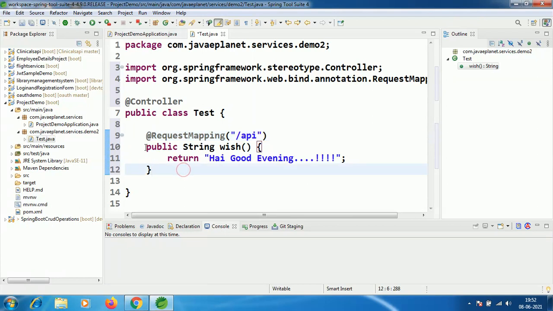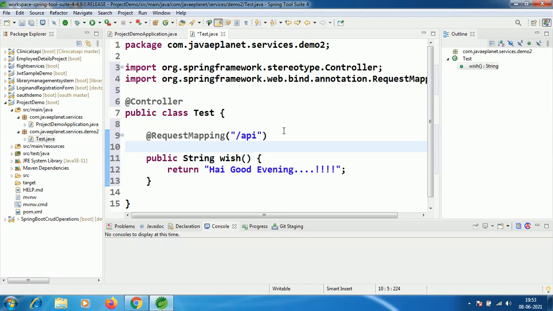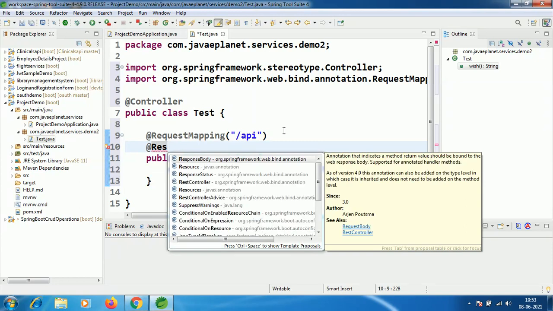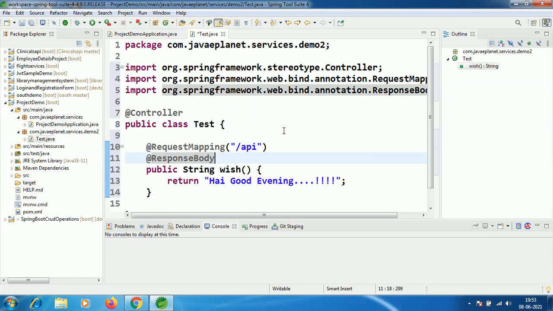See here what I am doing, and also annotate it with @ResponseBody. I will also explain why we need this @ResponseBody. ResponseBody binds the method return value, this String return type, to the web response body.